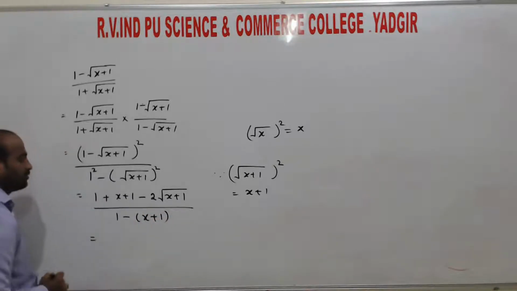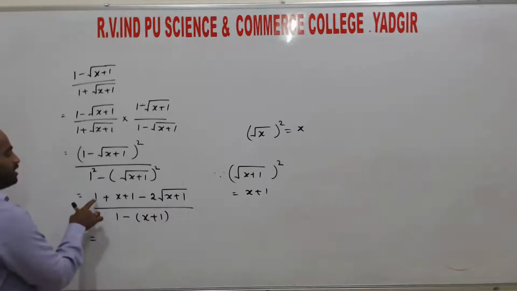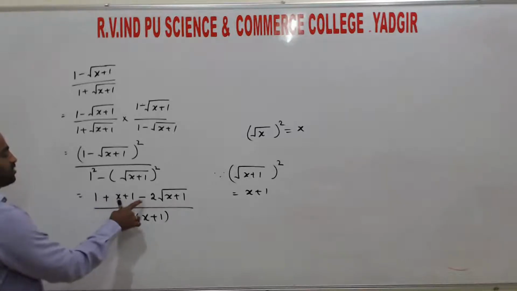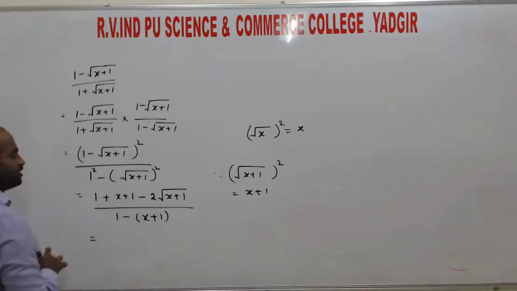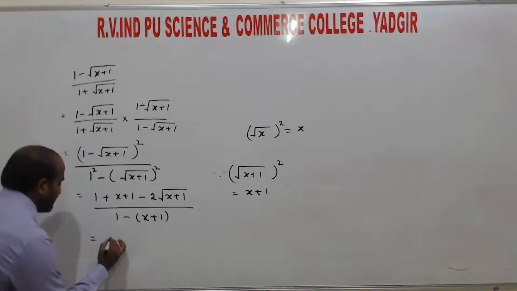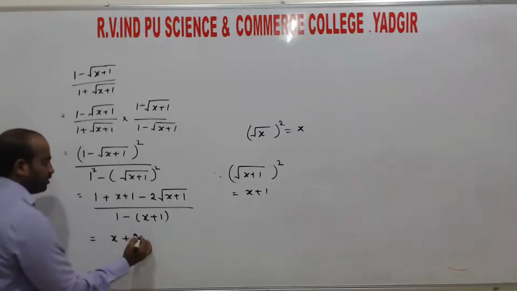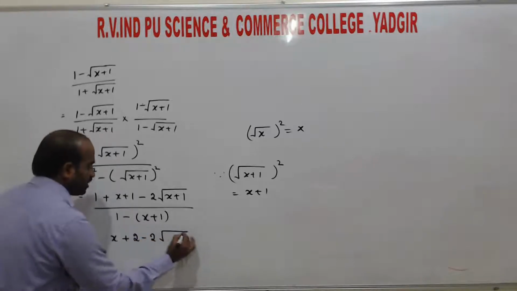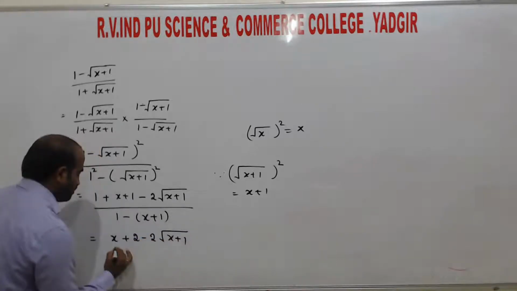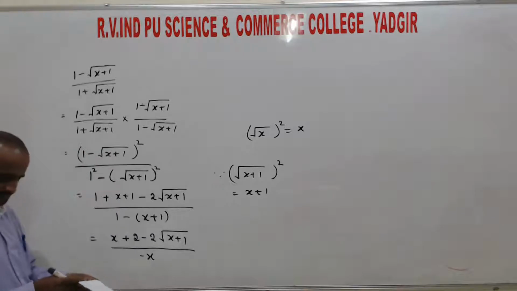Okay, now a square plus b square minus 2ab: 1 plus 1 is 2, plus x, plus 2 into minus 2 into root of x plus 1. Whole. Next question,